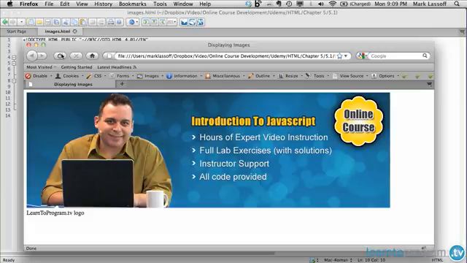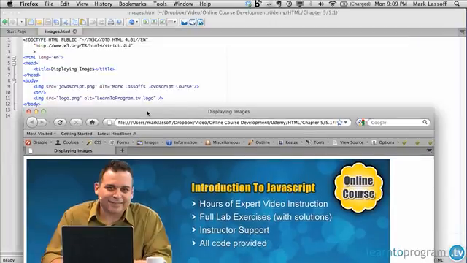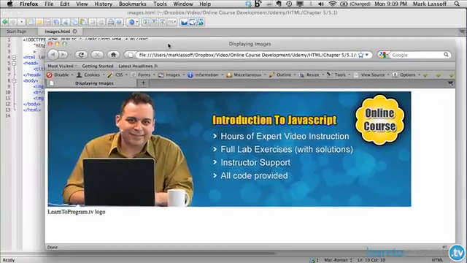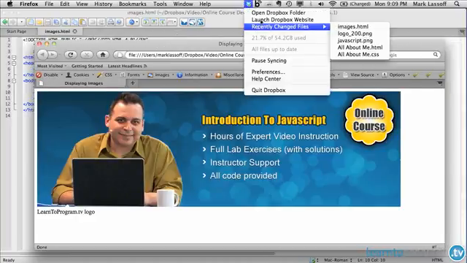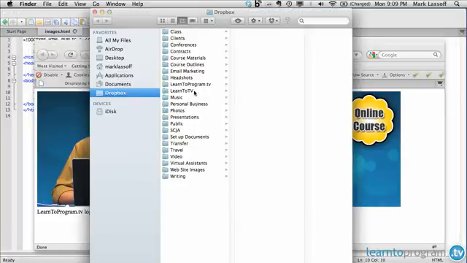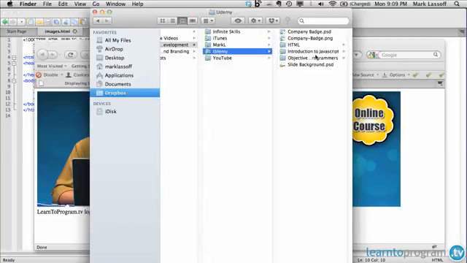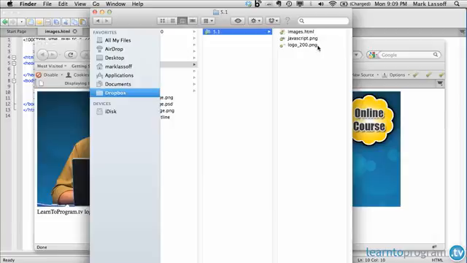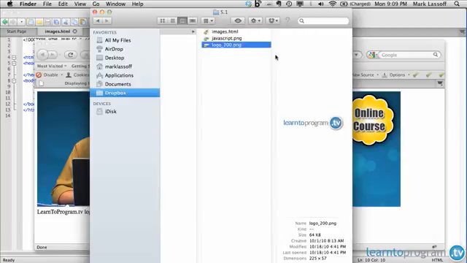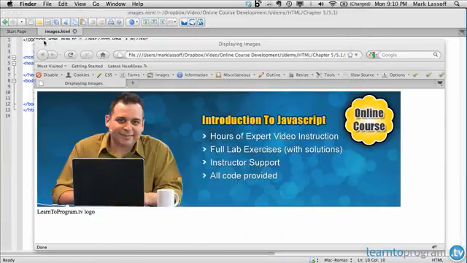We'll go ahead and refresh. And notice that it didn't find learn2program.tv logo. It didn't find the image. It's not displaying it, but it's displaying that alternative text instead here in Firefox. So if we pull up the actual folder that contains our files, let's take a look at what we see in there. So here we go into HTML, chapter 5 and 5.1. And notice it's logo_200.png. So that's why it didn't find the file,